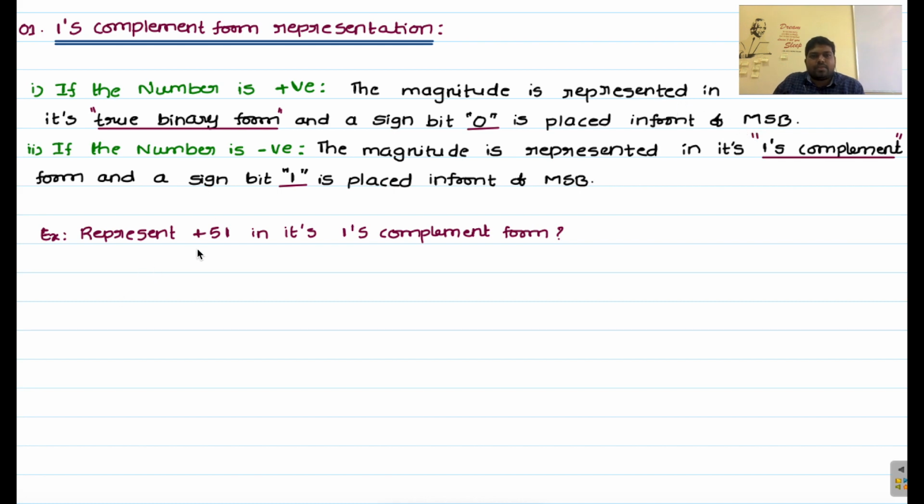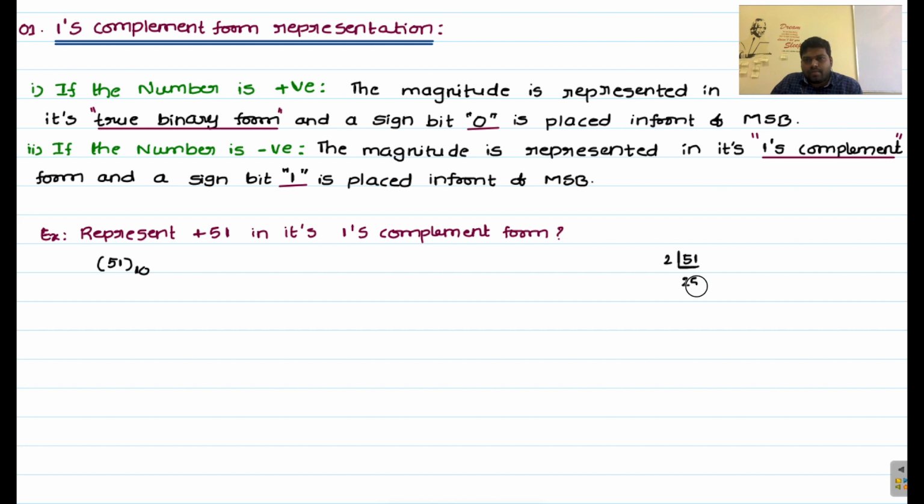So first take 51, normal 51, don't take any sign, positive or negative. The given number does not have any base here, that means simply you can take it as a decimal number, base 10. How do you find the binary form for this decimal number? Simply we can go for the successive division method with the base r. So here 51, we want binary form, so you divide with base 2.